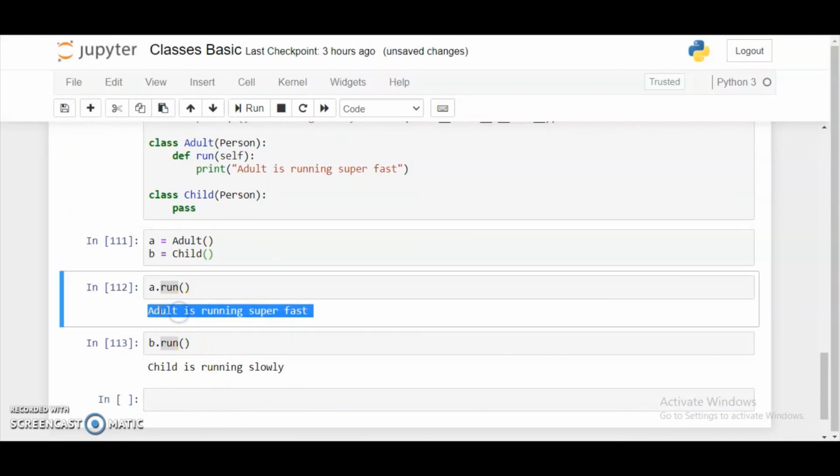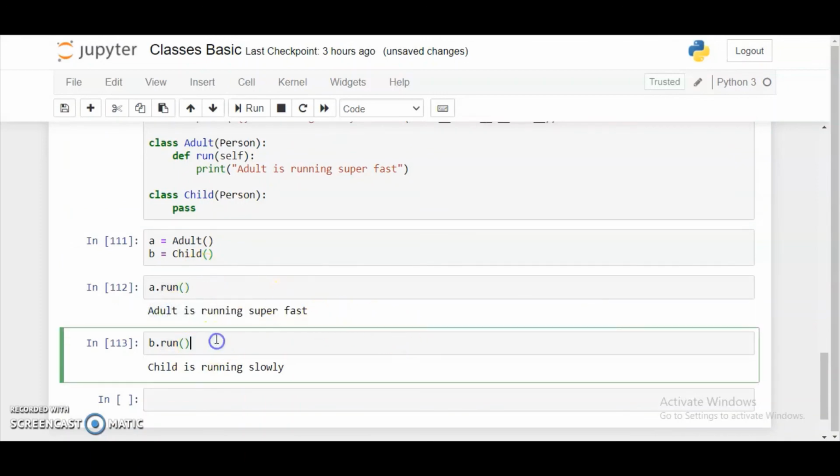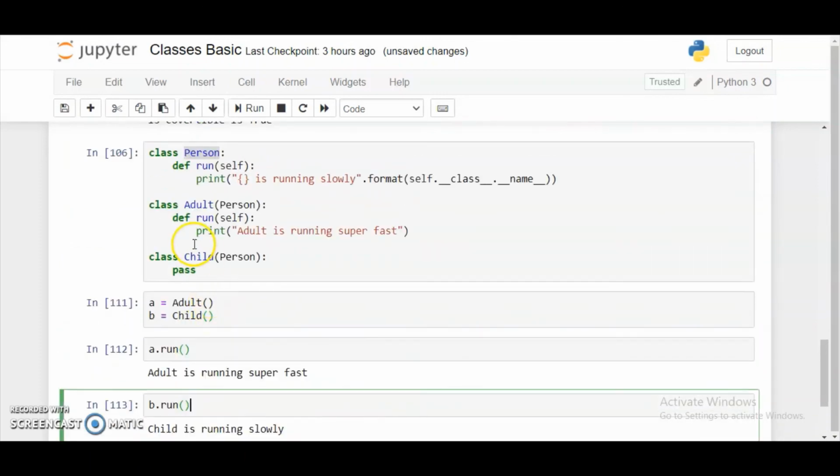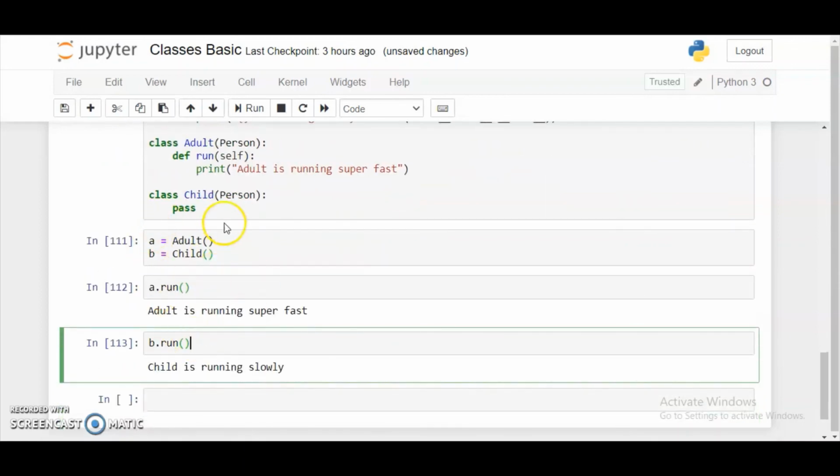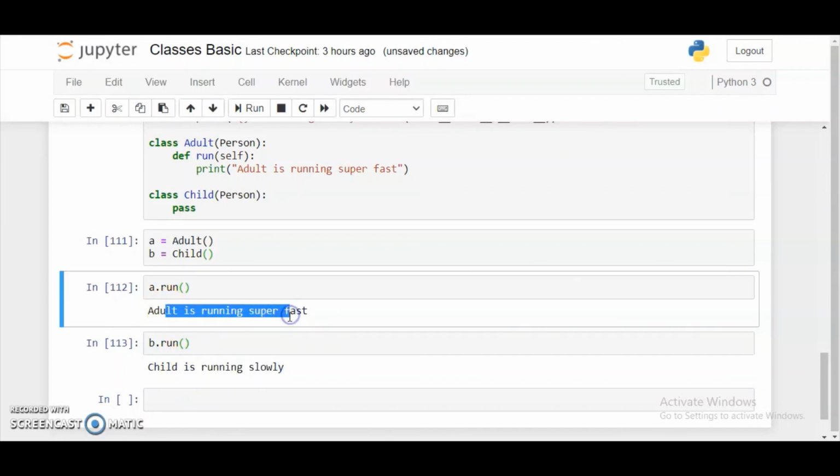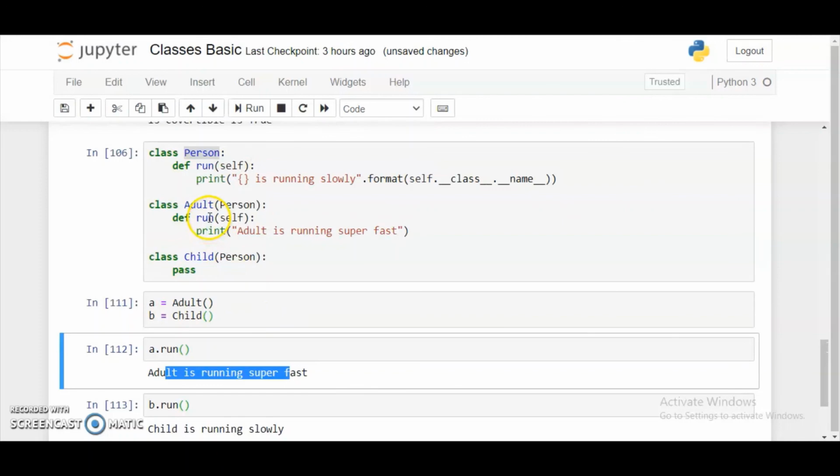But at runtime the compiler decided which function to call, right? So all this overriding is a kind of runtime polymorphism. And here the child is running slowly, and for a it was adult is running super fast. So the functionality of the function changed according to the object. So this is the power of polymorphism.